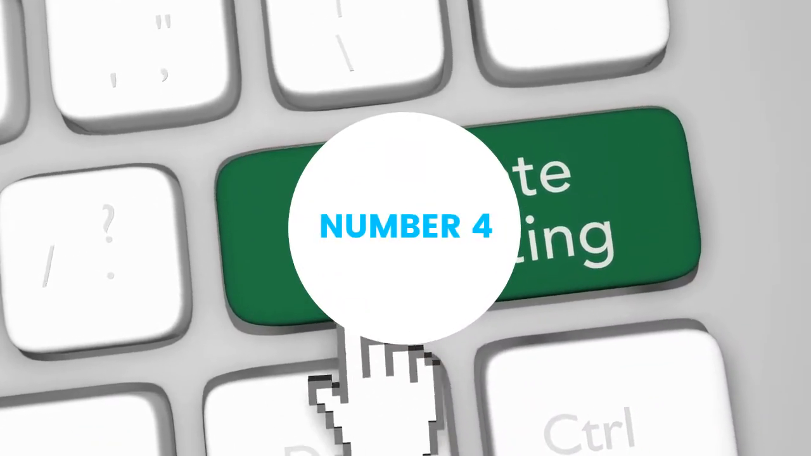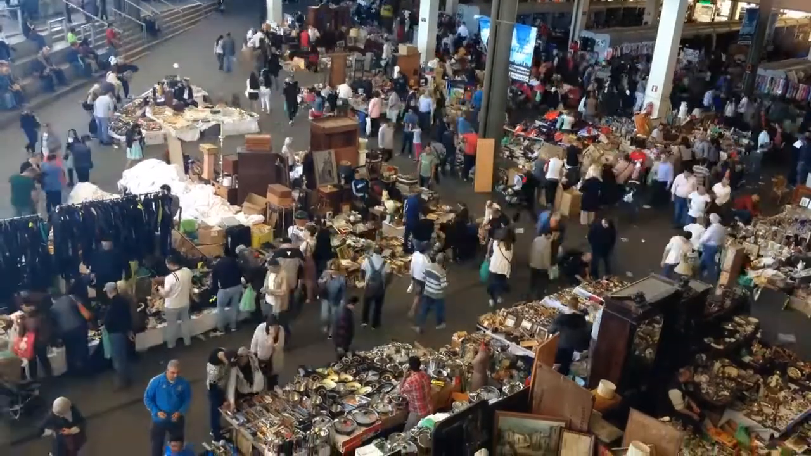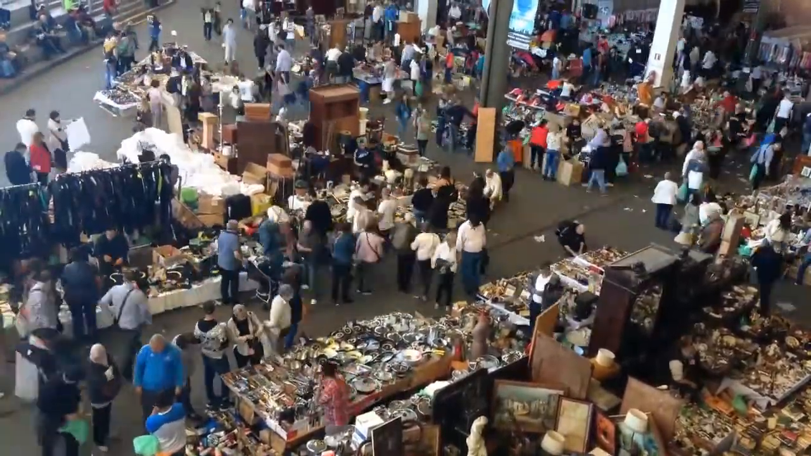Number 4. Affiliate marketing. Affiliate marketing is a popular business model where you promote other people's products or services and earn a commission for each sale or lead that you generate. It's a great way to generate passive income. If you have a website, blog,